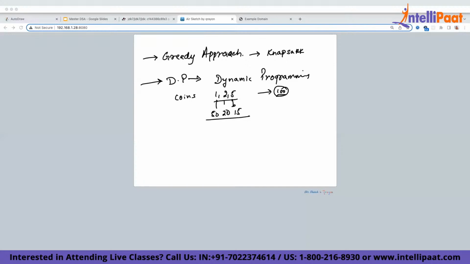How will I do it? When I do this, I have to make sure that I have either the minimum number of coins or the maximum number of coins. When we are solving such problems, we go step by step. So the first approach will be to take all from here and then add the remaining ones over here.